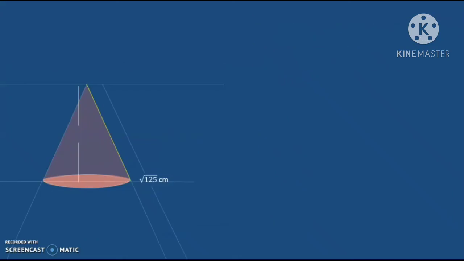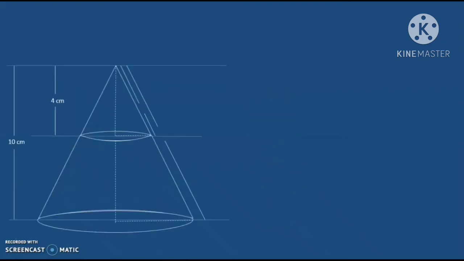Now let's find the slant height for the small cone. So again, a² + b² = c². We plug in our values for a and b with 3 and 4 respectively. We get 9 + 16 = c². We add 9 and 16 to get 25 = c². Let's square root both sides to get √25 = c. We can simplify this down to 5.